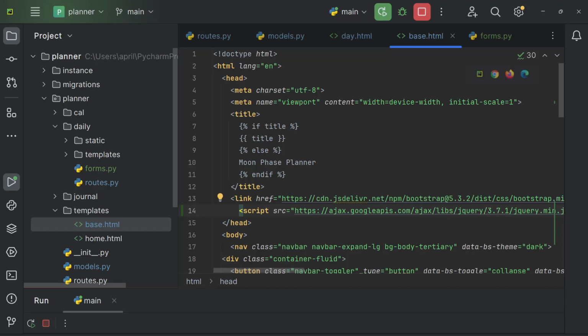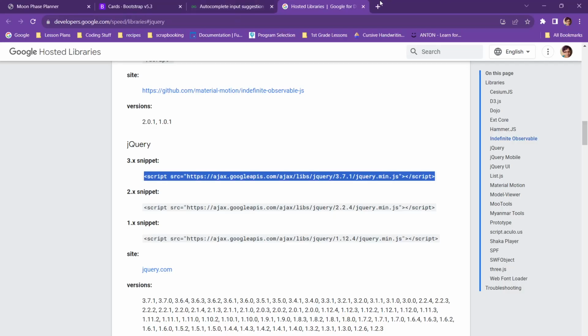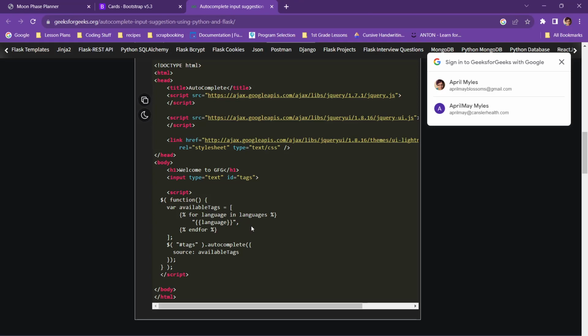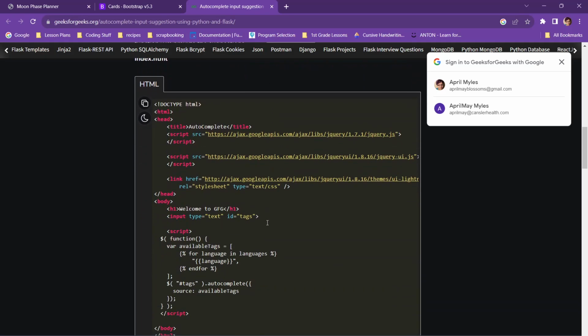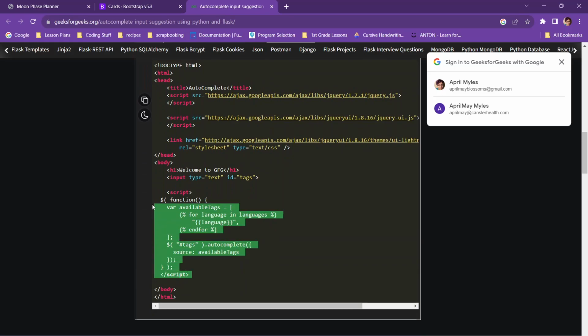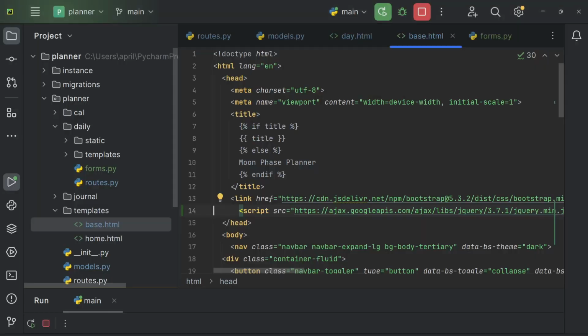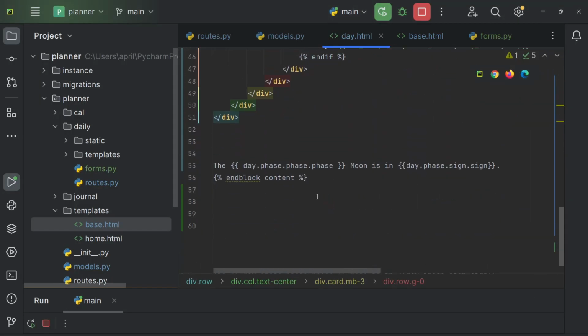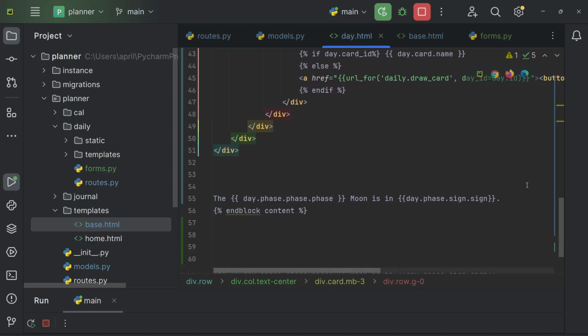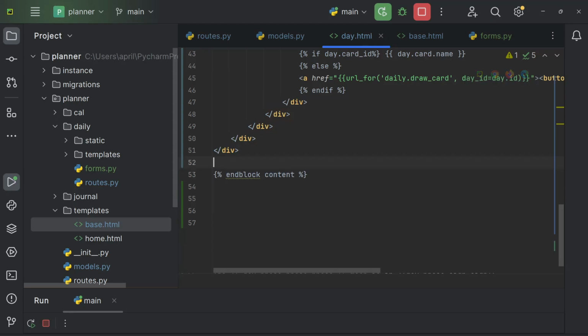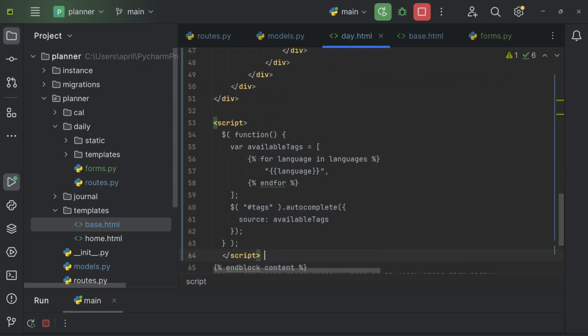Okay. Now let's look at that code again. I don't need this anymore. So basically you pass whatever you want the autocomplete to be into your render template. And then I'm going to just copy this code and change it accordingly. So let's go back to day, and down at the bottom, oh, I forgot I didn't take this out. Let's take that out. Okay, now let's paste that script, and we'll say